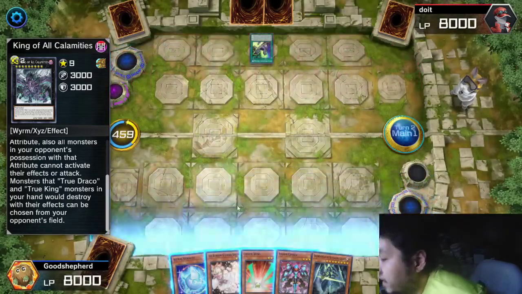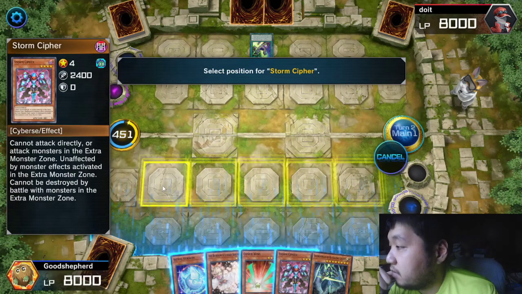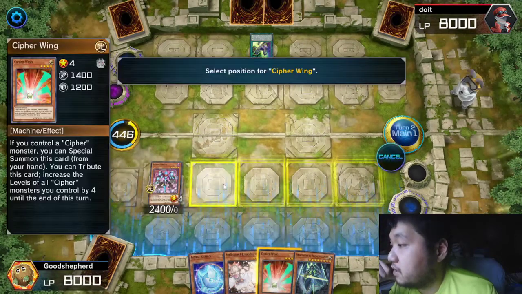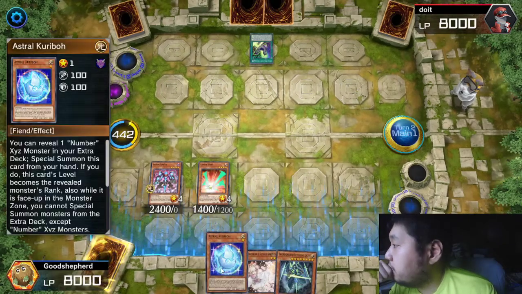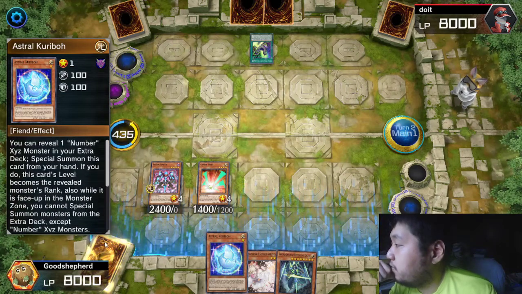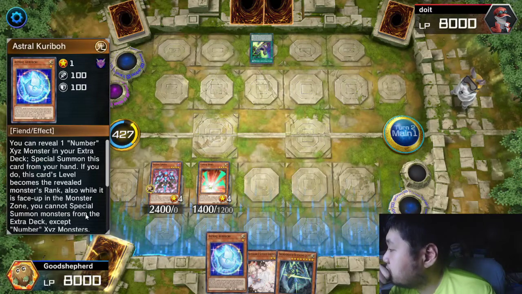Okay, get rid of that. So, okay, that clears this out. So what we can do is, if you control special summon, okay, so regular summon. Special summon. You can reveal one Xyz monster. Okay, that's not exactly what I had planned. Hold on. If you do this...